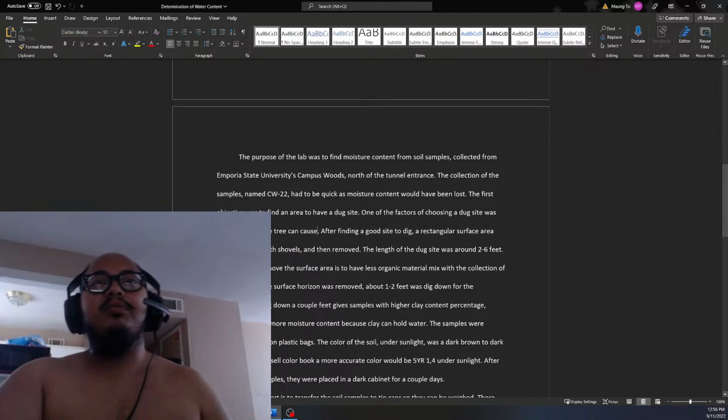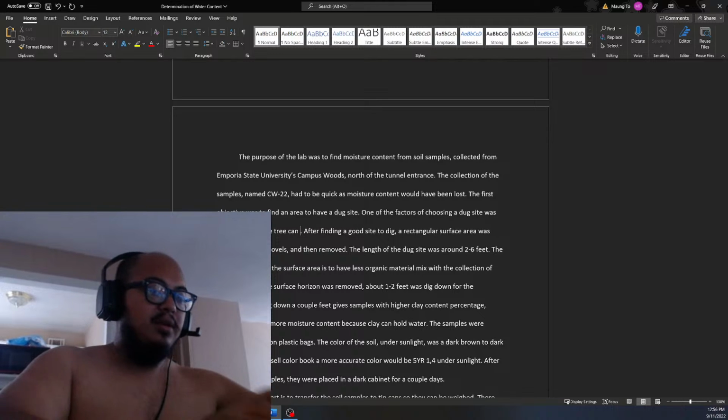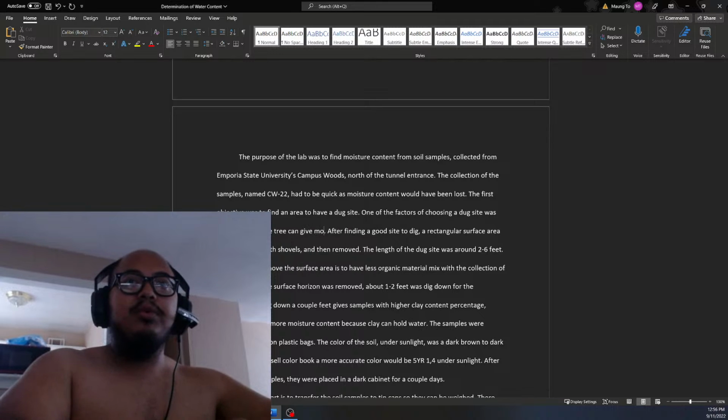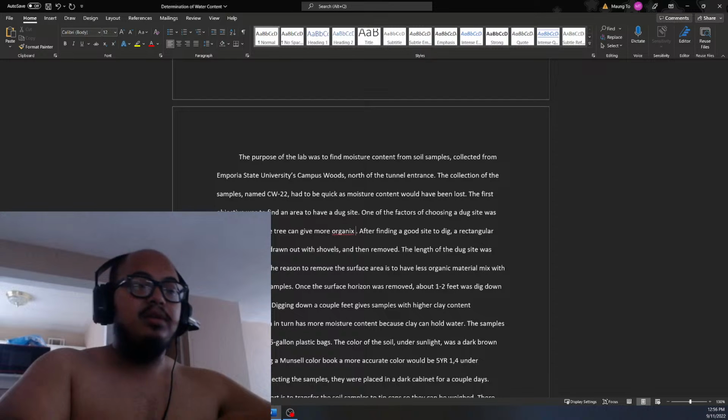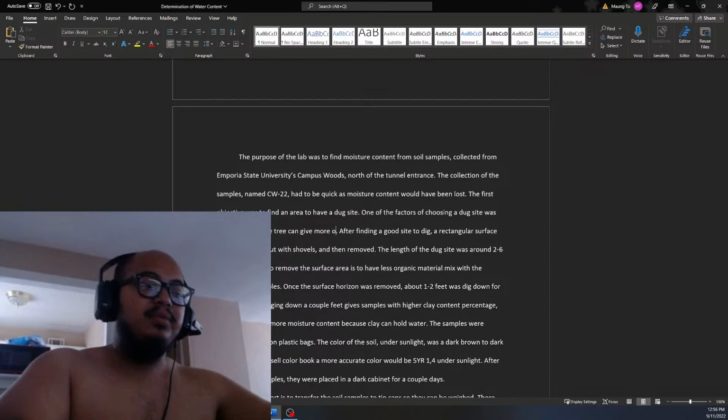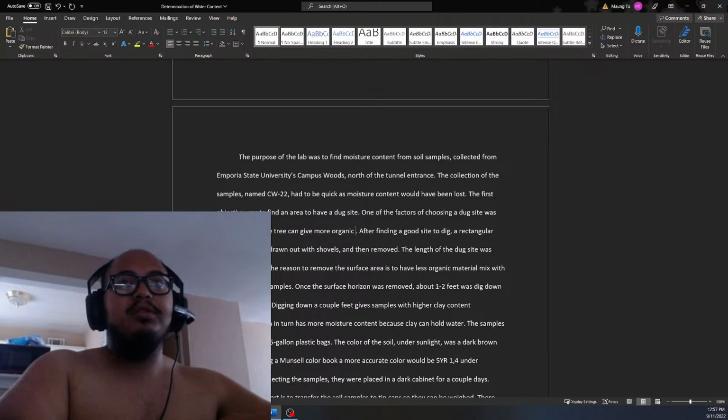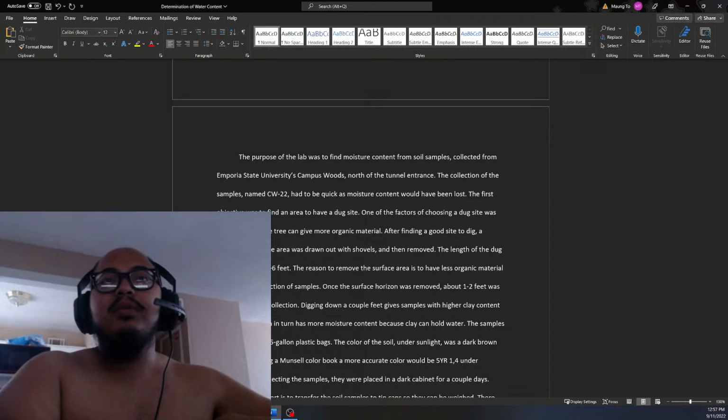Alright, let's rewrite that. Roots of the tree can give more organic material. Roots of the tree can give more organic material, which